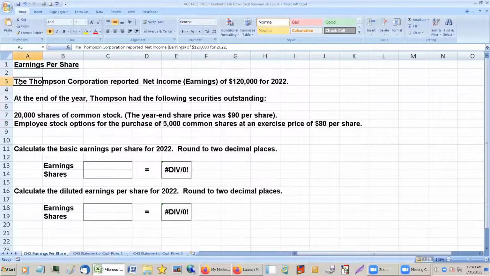Basically, if you own shares of stock in a company, one of the things that you may be wondering is, well, how much is my investment earning? What are the earnings that I'm getting on my investment in this company? And so that's what we're talking about here, the earnings per share. If you're wondering why we do it this way, it's because different people own different numbers of shares. Maybe I own 10 shares of stock. Maybe you own 200 shares of stock. Maybe someone else owns 5,000 shares of stock. So it's going to be different for each one of us, but